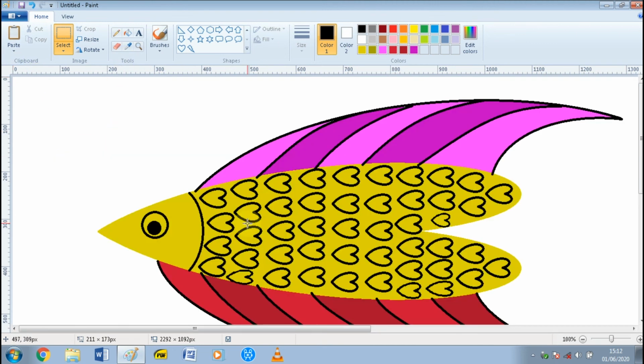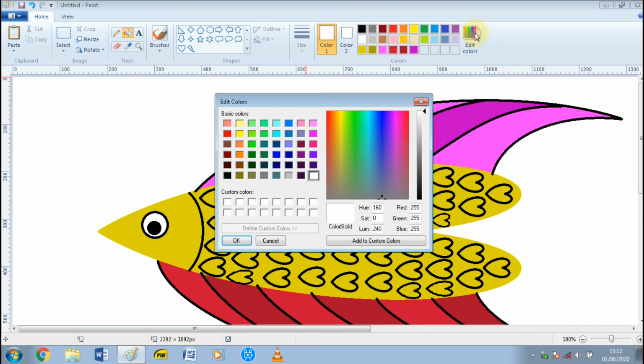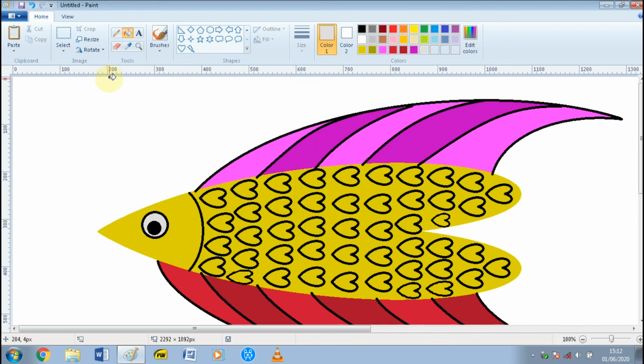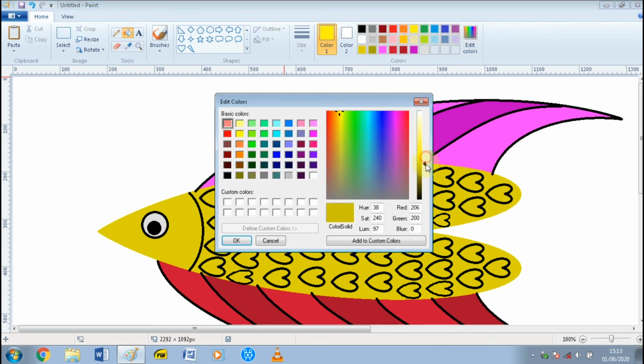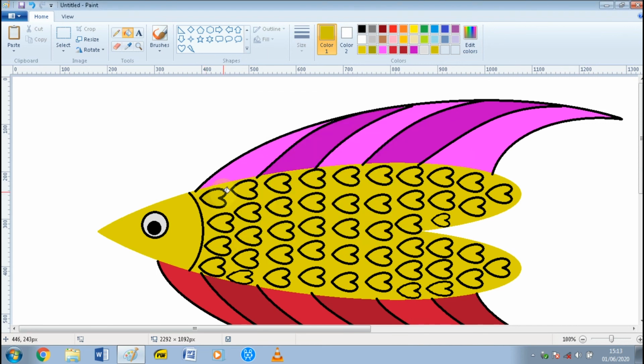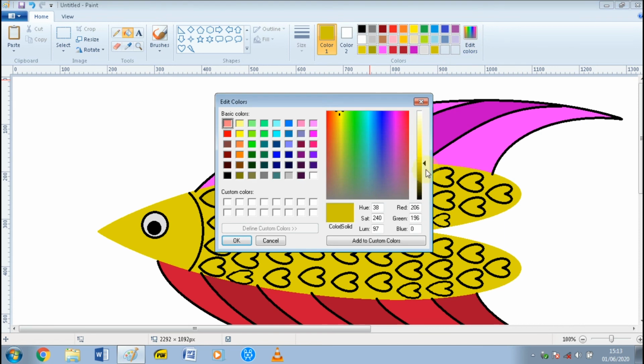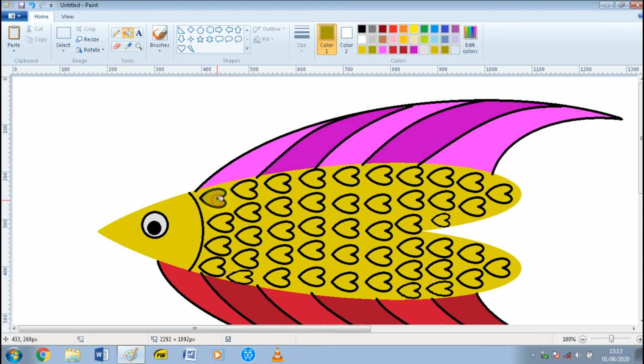Okay, and then next we want to color. I will color with white first. This is the eyes, a little bit dark maybe, the eyes with a little like this. Okay, and then this skin I will make dark yellow like this. Okay, oh, more dark. Okay,